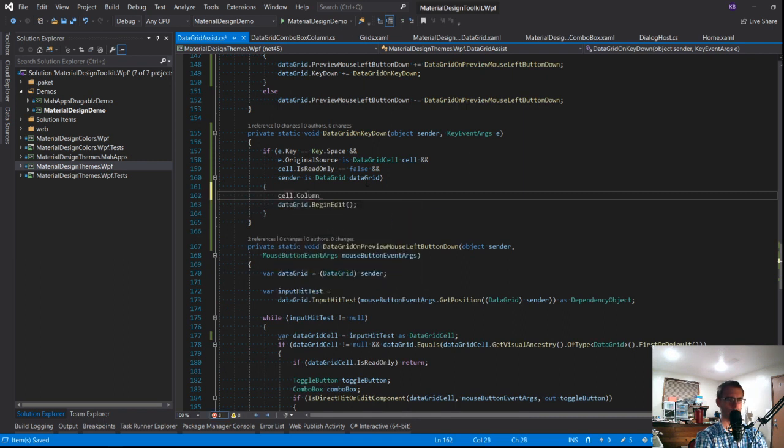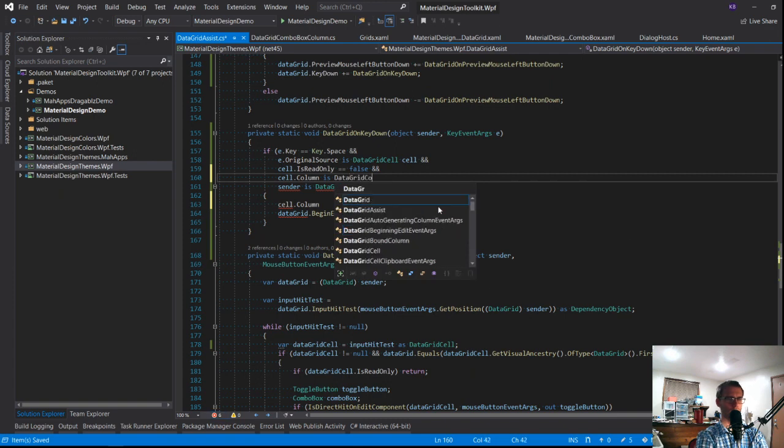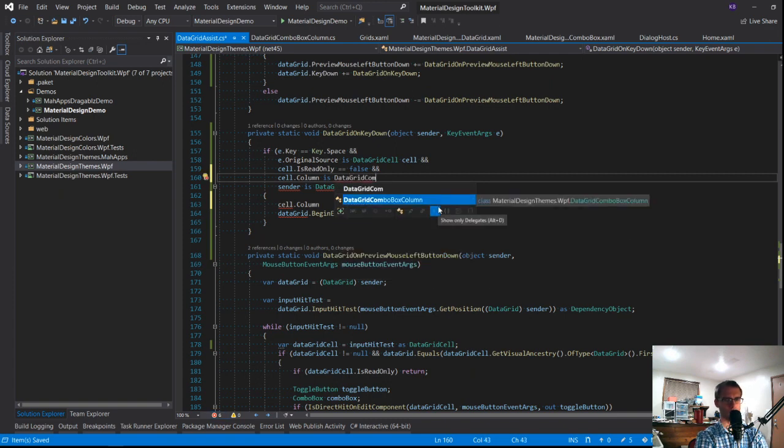It does. Well, let's just keep going then. And cell.Column is DataGridComboBoxColumn. So this is the Material Design one, just be aware.